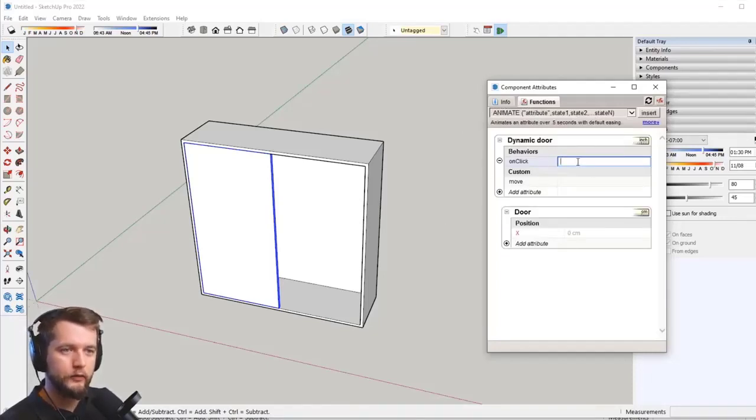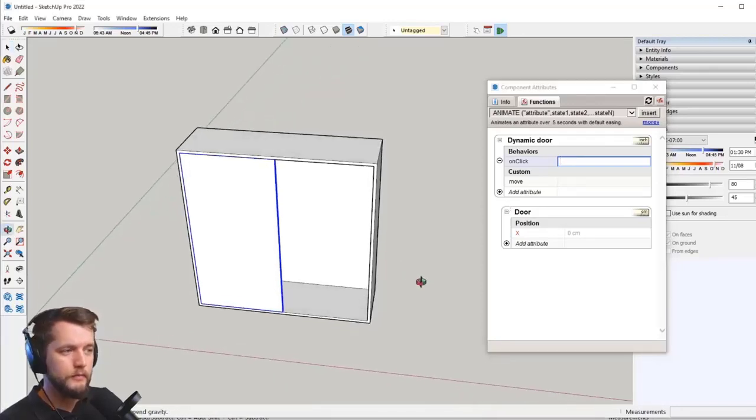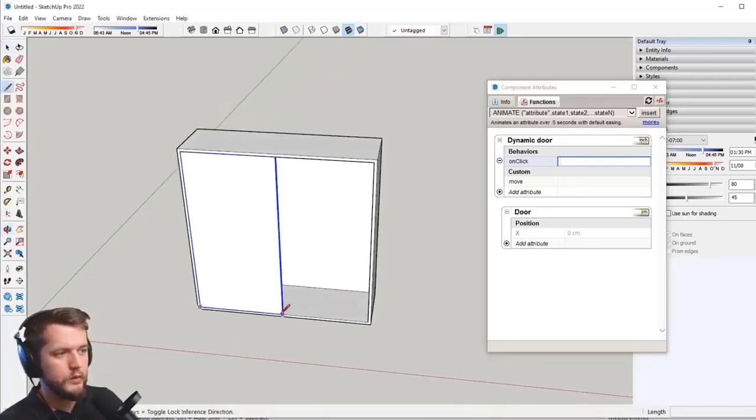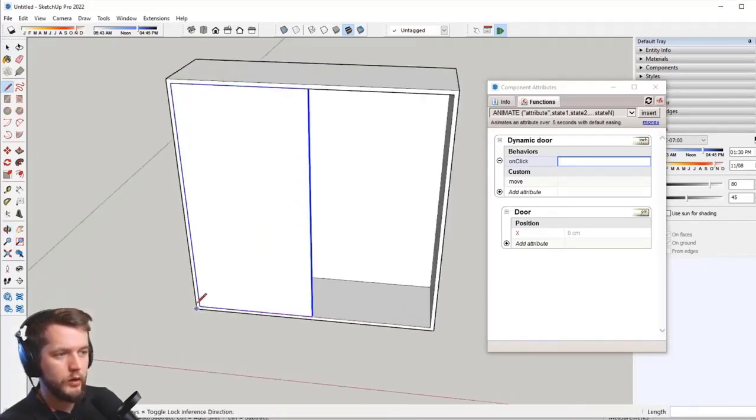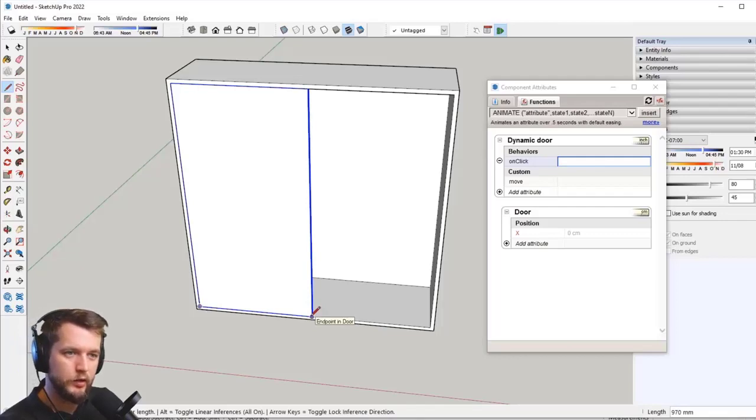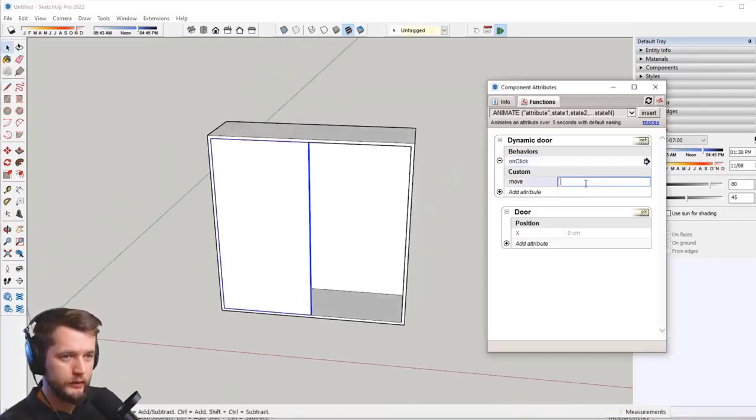So what I have to write is what kind of few positions I'm gonna have. So it looks like I'll need one position that is here at 0, and the other one is 970 millimeters. So I can write simply 0 right now, and in this on click, I'll write in animate,